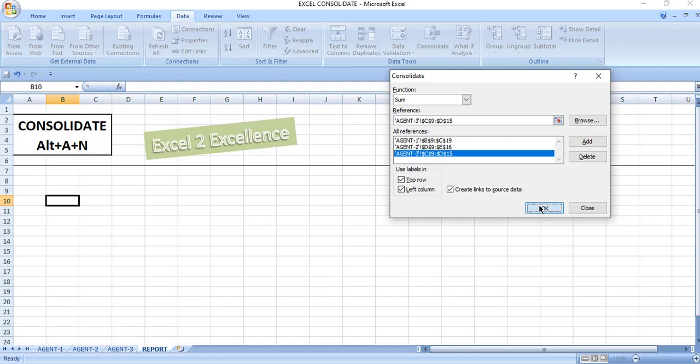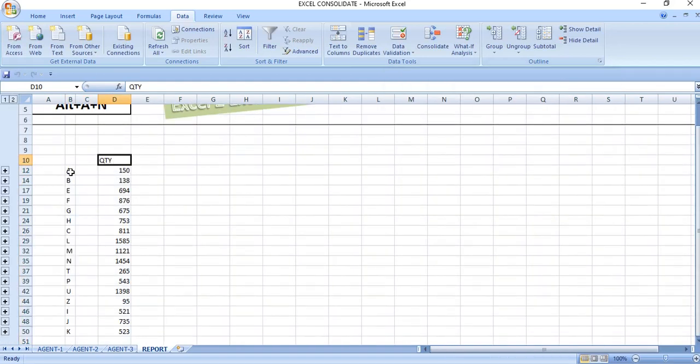Now press OK. We can see a summary report of all the stocks lying in the various spreadsheets. At the extreme left of the screen, you can see an expand button. By clicking over this, the field will expand, and by placing the cursor we can see the source reference.